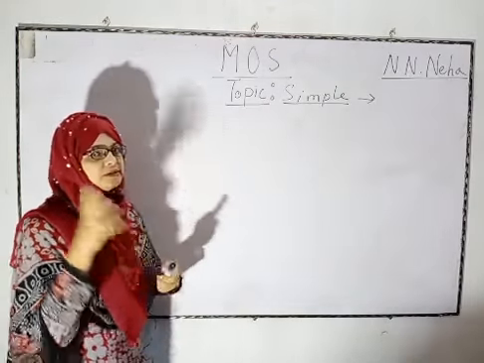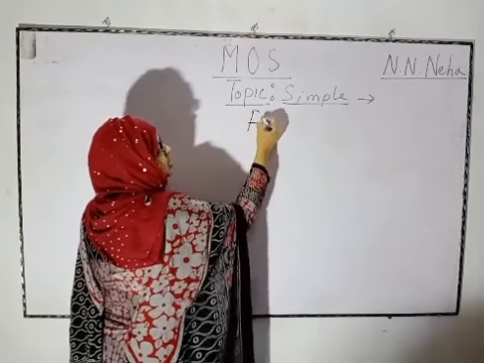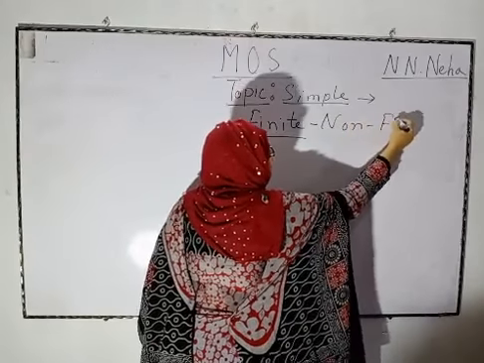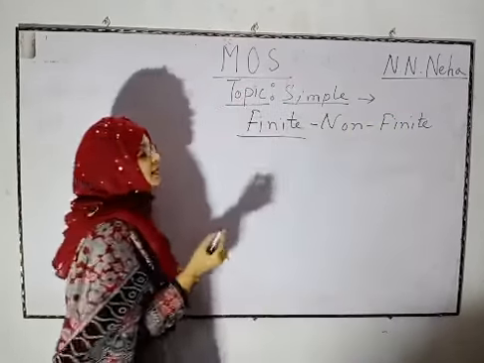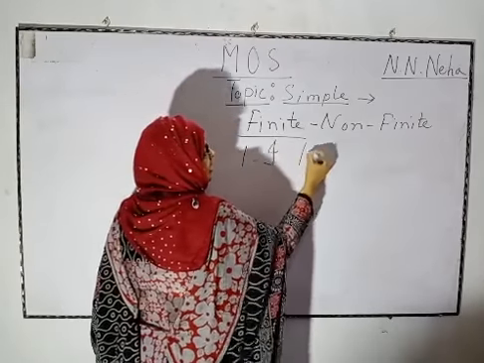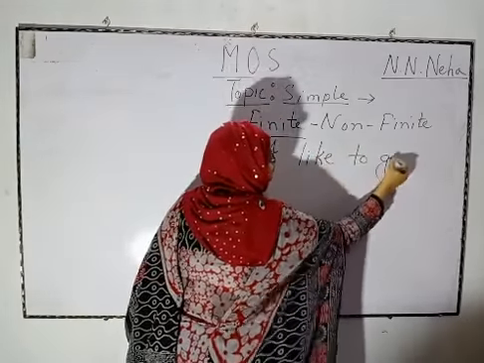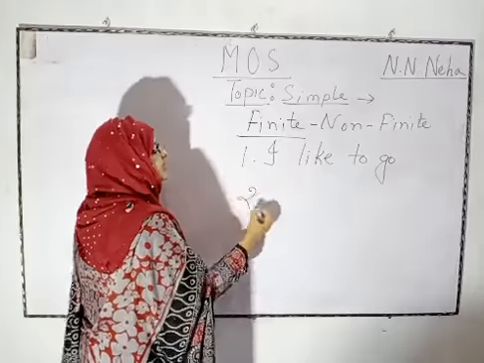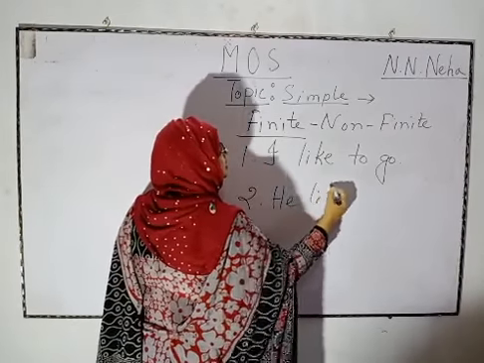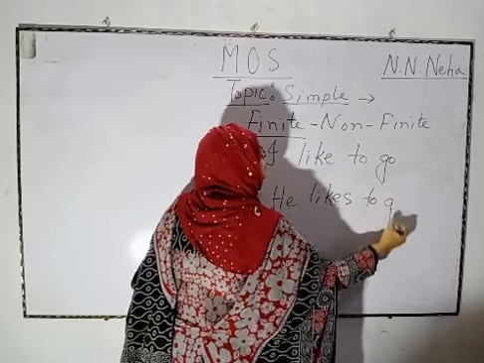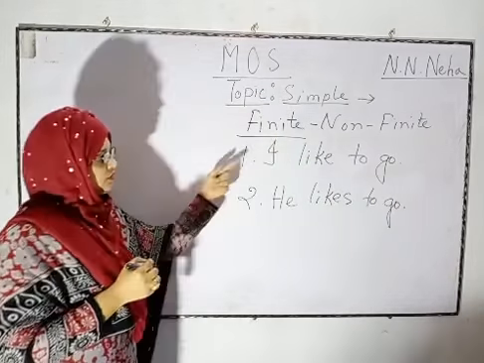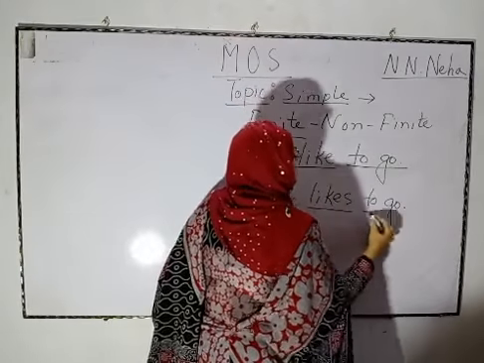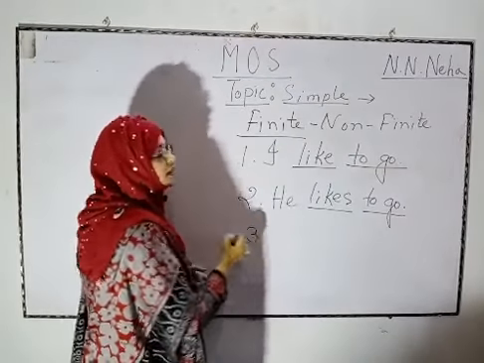So I am going to help with several sentences today related to finite and non-finite verbs. Here is the first sentence. If I write, I like to go, and the second sentence, he likes to go, just see the two sentences here. Here are two verbs, and the next sentence,